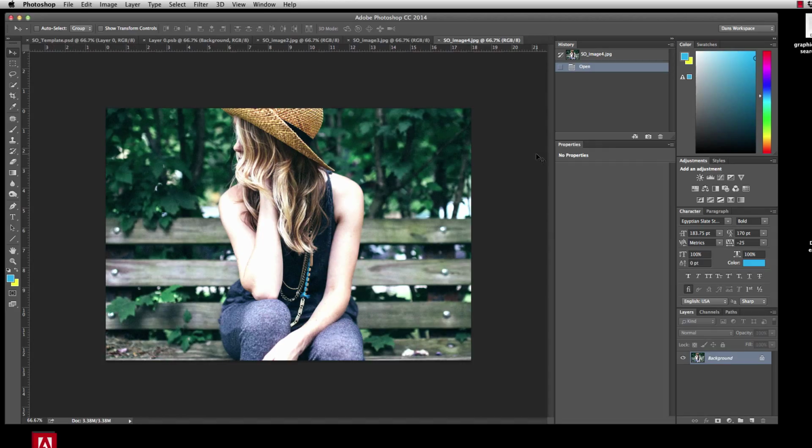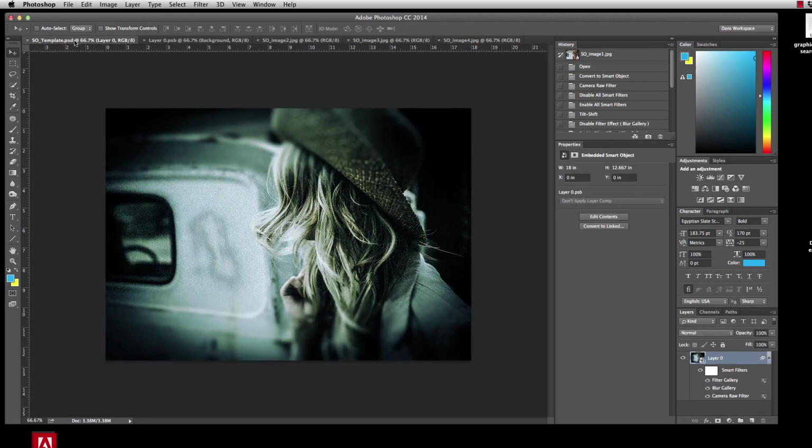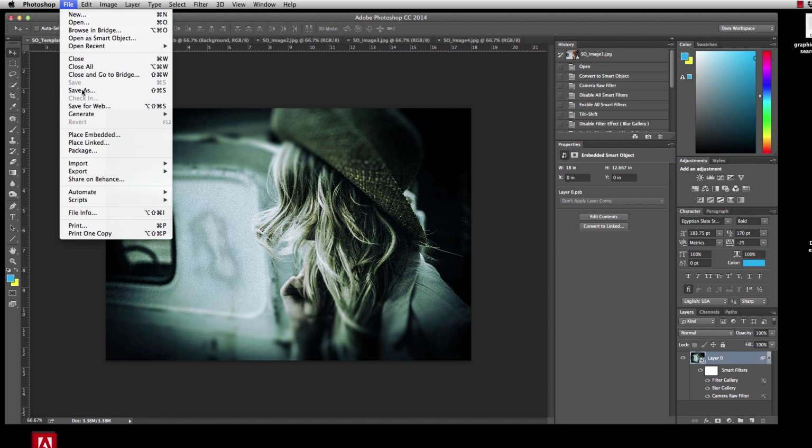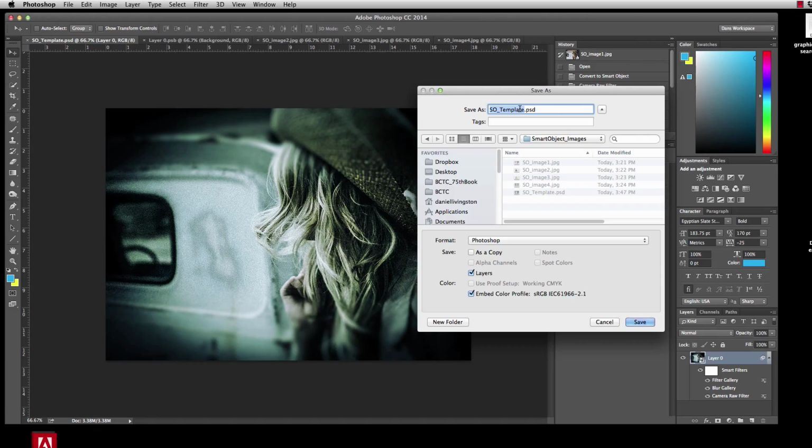All right, and now all I have to do is drag them in. Now, first of all, I want to save this as a JPEG because this is one finished image that I like. I should have done this before, but I didn't think about it. So I'm going to go to Save As. We're going to make this SO